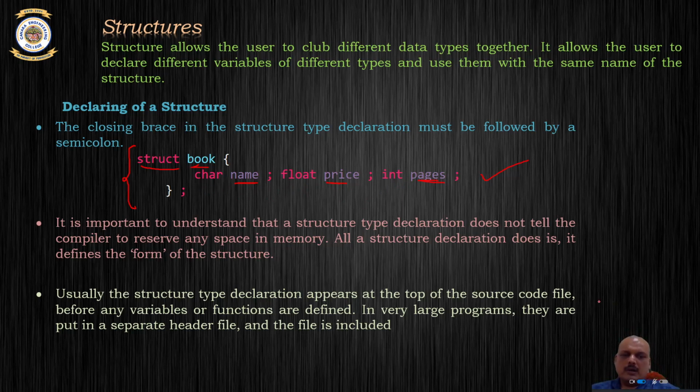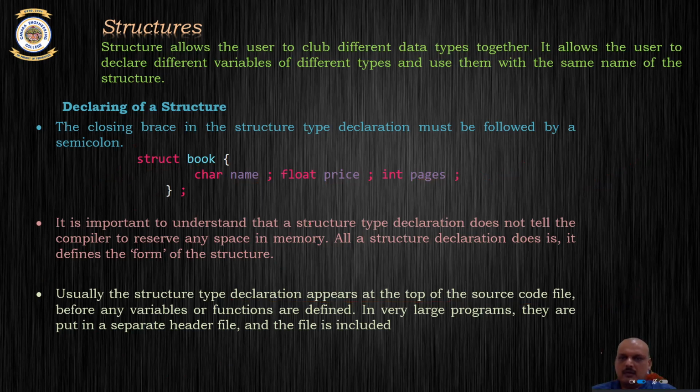The other point to note is that usually these structures are declared at the top of the source code. You declare them on top of your source code immediately after your global declarations or definitions. So it is declared in the global declaration part of your C code. Remember, the global declaration part sits above the main program that you intend to write. That is where the struct has to be declared.